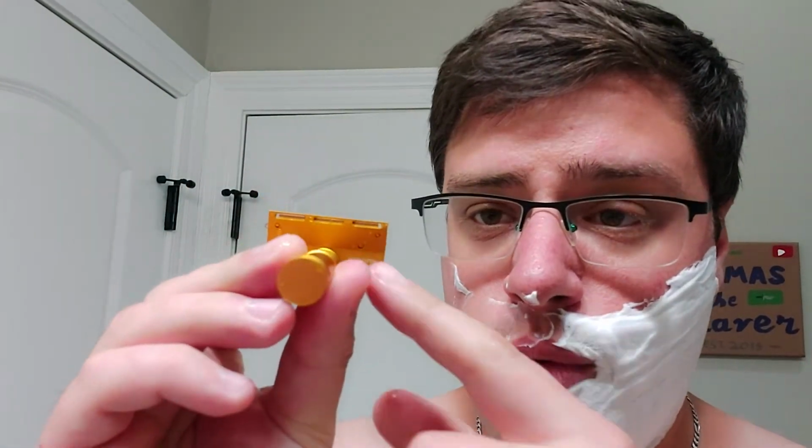This thing has some pretty big rinse ports. There's 3 of them you can tell down here, but they do clog up pretty easy whenever you're using a pre-shave, or at least for me. I've used Paraso's pre-shave, the green top one, a glycerin puck, and the Cube 2.0, which is kind of also a glycerin puck. And all 3 of those clogged